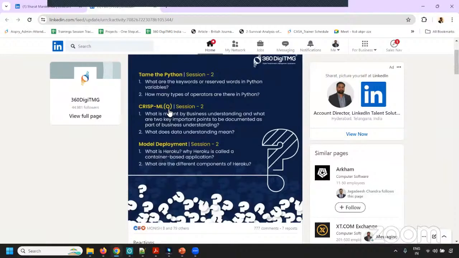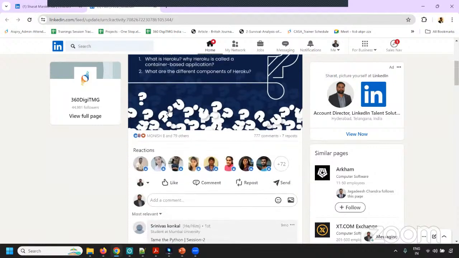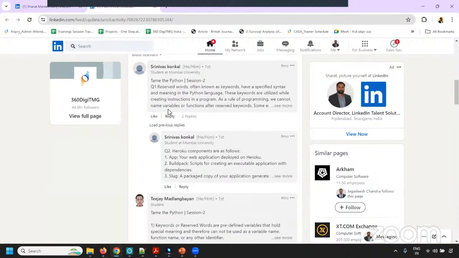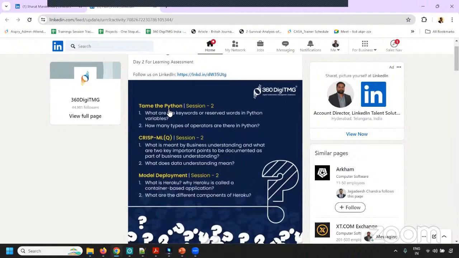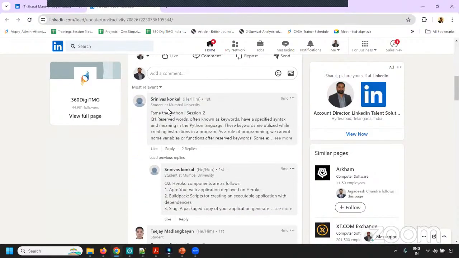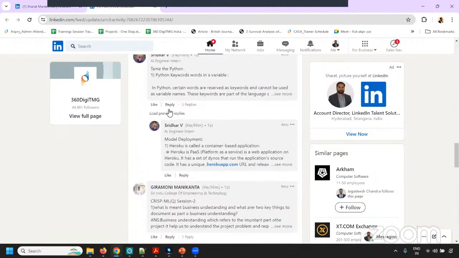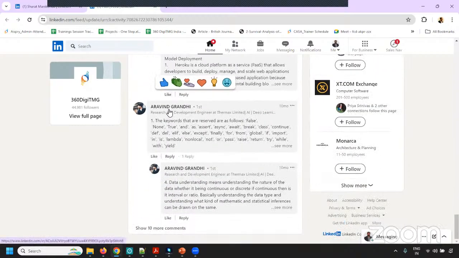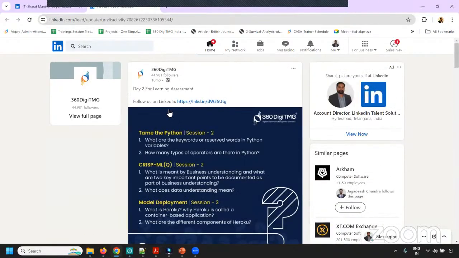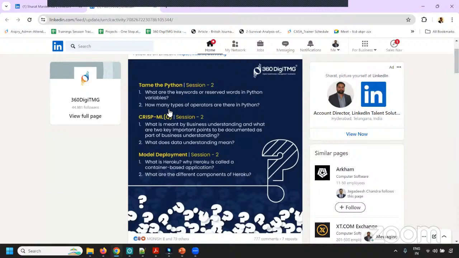And what happens is, these are not MCQs, if you have carefully observed. What we're basically trying to do here is give you an opportunity to create weightage for your profile as well. So the exam is conducted in such a way that you will have to leave the answers in the comment section in detail. The more detailed the answer, the better the weightage for your resume.